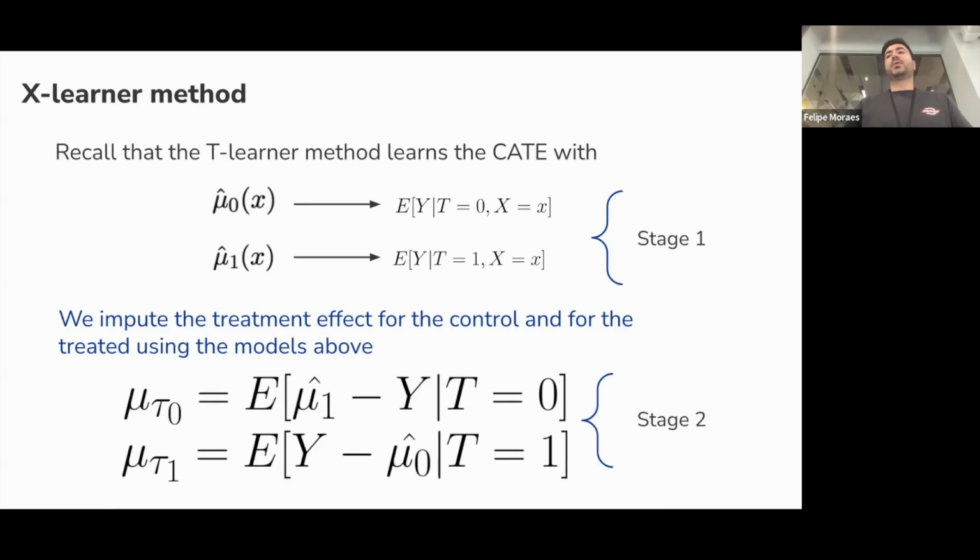Why? Remember the potential outcomes that we talked about. If you have data from the control, conditioned on treatment 0, the Y I can observe from this, right? Because I have observed the outcome if I don't treat these users. So that's just the control.